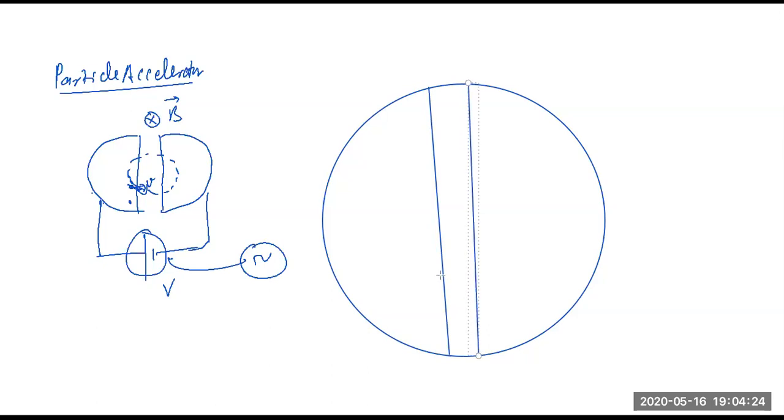Okay, I'm trying my level best. So you have this, right? Now, if I apply a DC signal, what will happen? See, an electric field will be developed. I'll tell you what will happen with a DC signal. If I apply a DC signal, there will be an electric field in this direction.